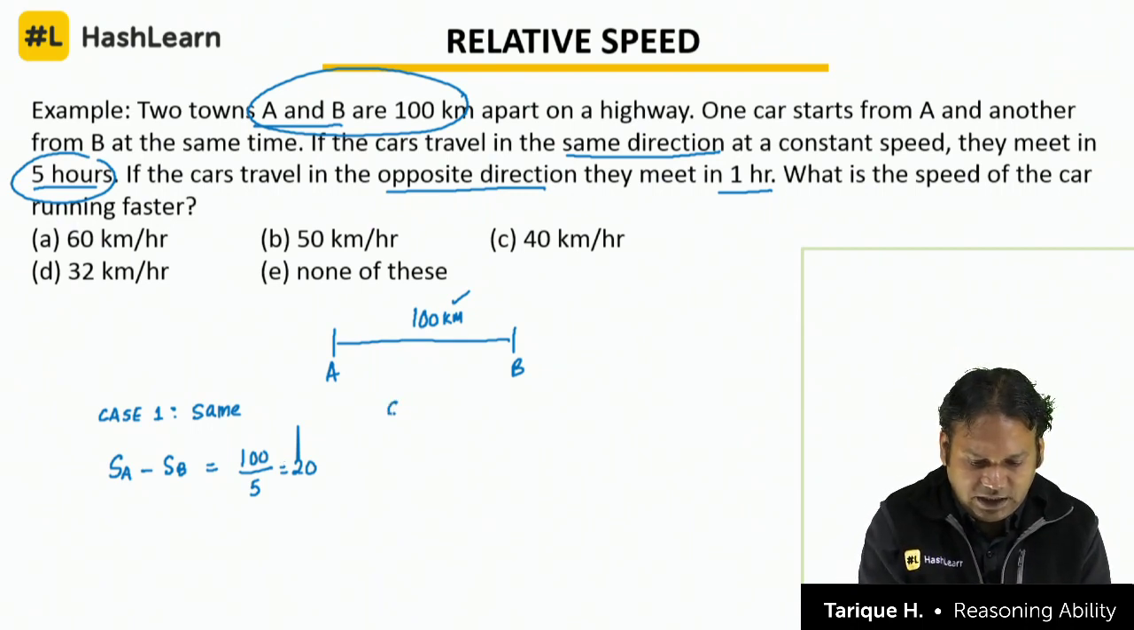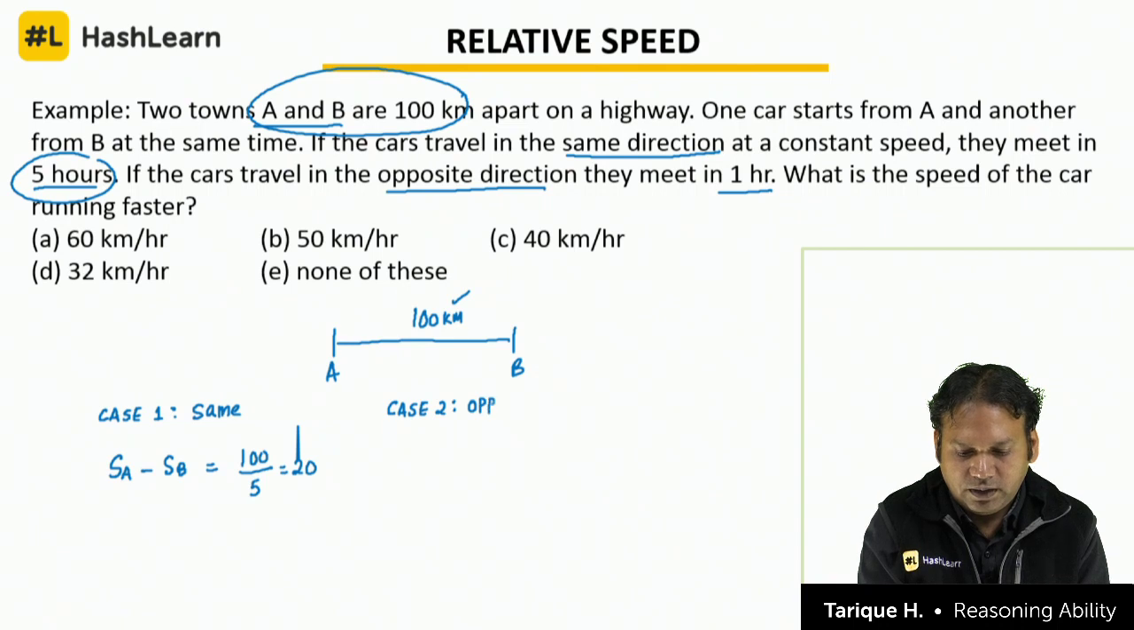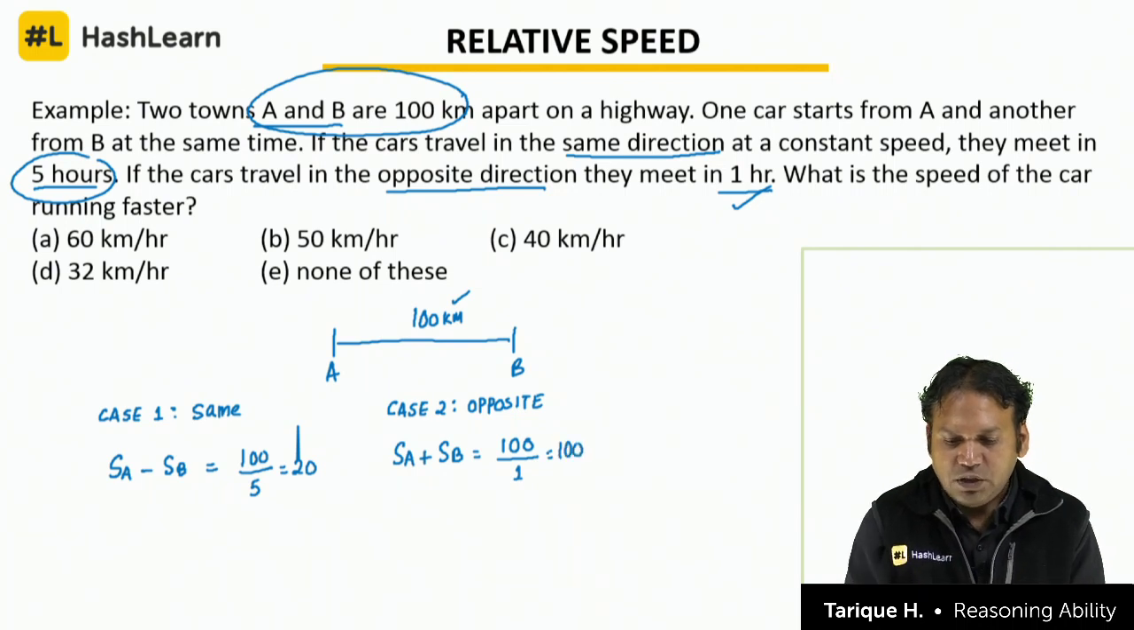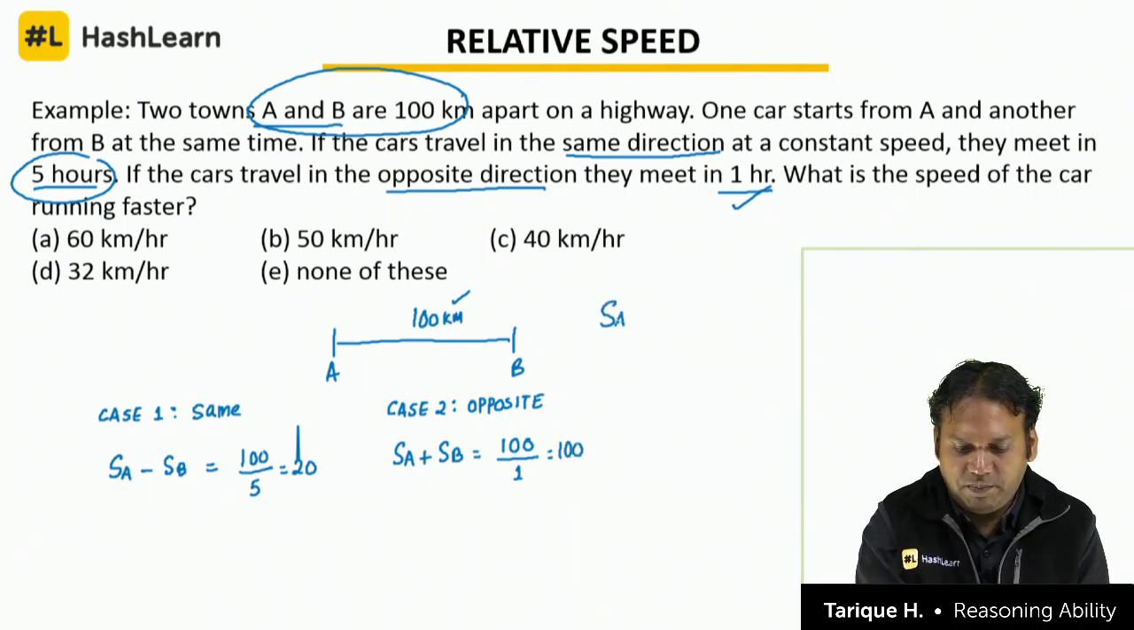Let us take the second case here. When the cars are traveling in the opposite direction, अभी ऑपोजिट में क्या केस आएगा, SA प्लस SB, again relative speed, SA प्लस SB इज इक्वल टू डिस्टेंस बाय टाइम. डिस्टेंस तो 100 ही है, पर टाइम चेंज हो रहा है, टाइम क्या हो जा रहा है, 1. सो 100 बाई 1 इज इक्वल टू 100. तो दो सिंपल इक्वेशन बनते हैं यहाँ पे, SA प्लस SB इज 100